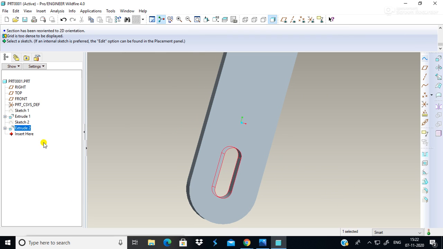Is it? But if you observe, one more step is increased, two sketch you can able to see. In the previous attempt in which I had drawn the base with this feature, at that time only a single sketch and single extrude was there, but right now I have two sketch and two extrude. So my two steps were less in the previous case, but here two steps are more as compared to the previous, so दो steps बढ़ गए मेरे unnecessary।